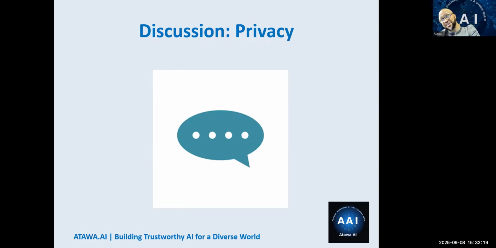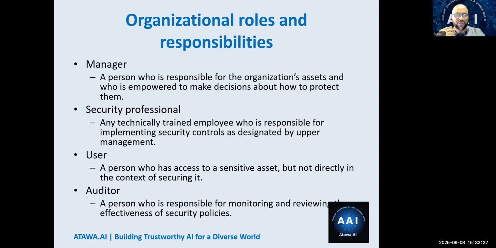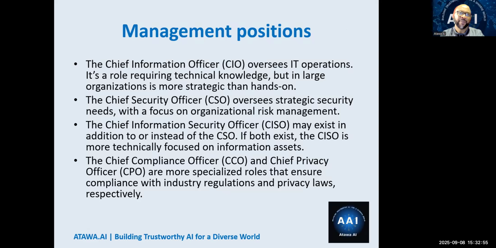So when we're discussing privacy, we're talking about balancing privacy with security, and balancing privacy with what your organization wants to do. So responsibility for data or privacy in organizations, you have all these roles. You have a manager, professional, user, and of course the auditor, right? Usually the auditor is reviewing afterwards. The security person, obviously, is the person that is handling it, and of course, the manager is the overall person that is responsible. If you have ever seen what's called a RACI matrix, just think of it as it relates to this, right?